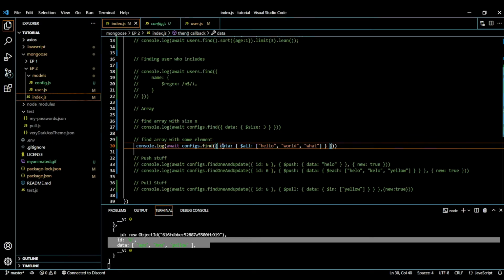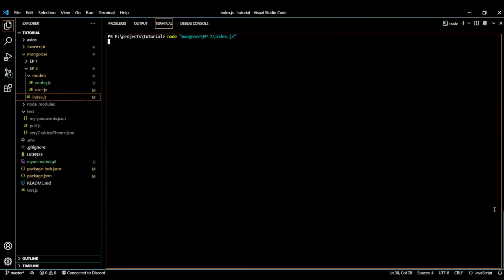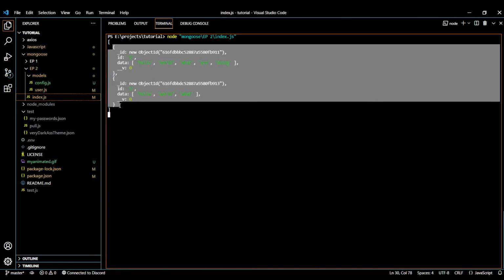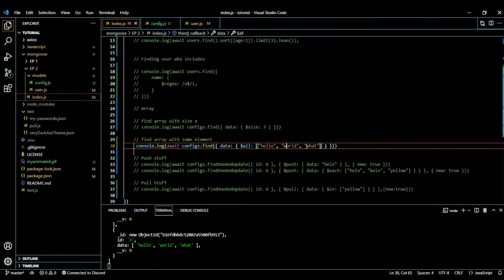All right, so data and then colon and then this object symbol, and then we are going to use this $all operator to check for these values. So if I run node, we will see the result here. All right, let me show you. You can see it returned all the documents which include at least hello, world, and what.